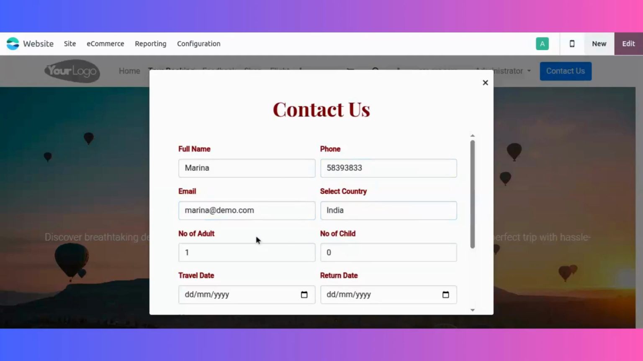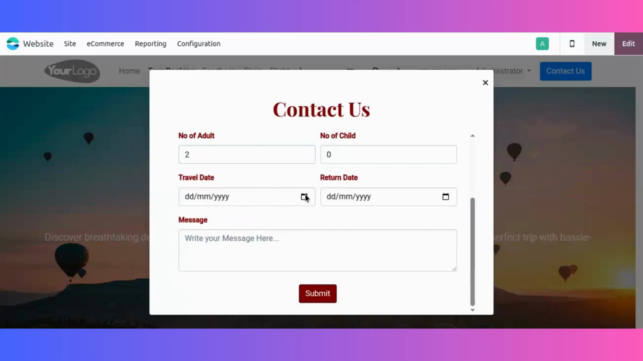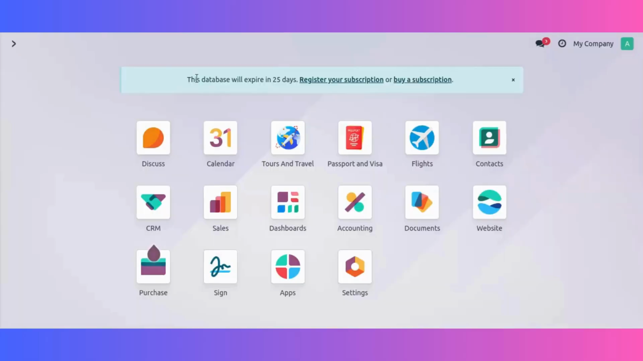We can put the number of adults and the number of children that will be traveling. All of the details we give over here will be fetched, and for the travel date we can give all the possible travel dates that we can have. So I'm just putting in some dates. After submitting this, it will go to the CRM,